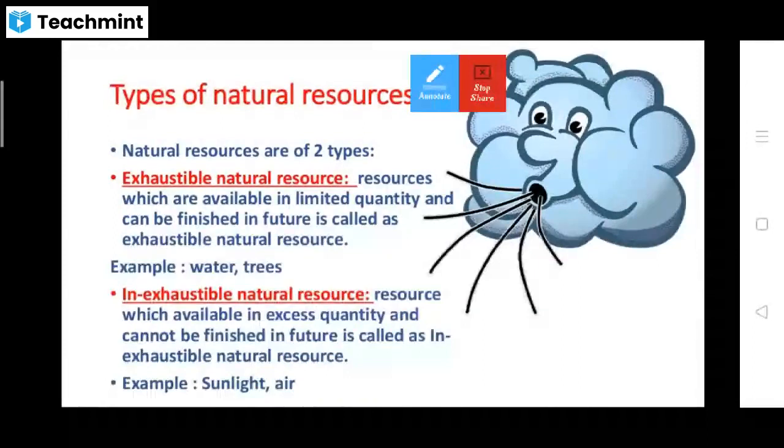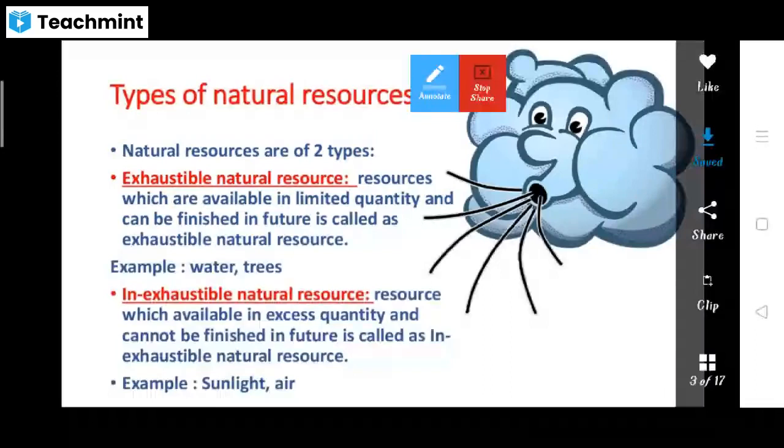Okay. So today's topic, what all we have studied, we will end here only. Tomorrow we will continue with the types of